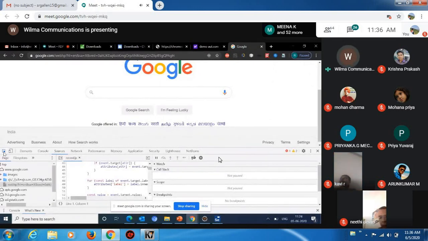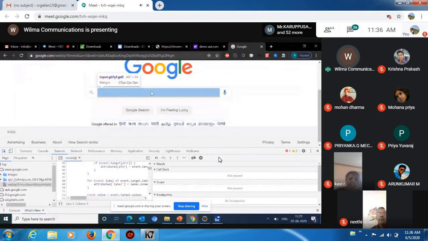See, in Selenium, this part is more important. Once you go to the Selenium WebDriver concept, if you want to write the WebDriver code, you need to learn much more about this object identification method. So I click on this inspect object, take my cursor, and select the exact object which I want to learn. I'll click on that object.